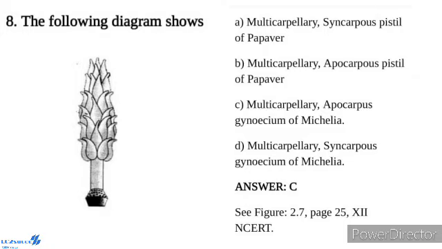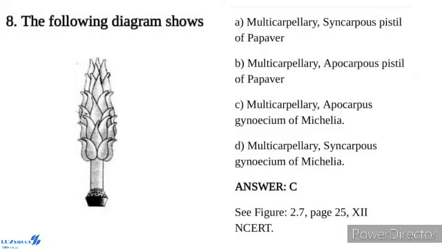Each pistil has three parts: the stigma, style, and ovary. The stigma serves as the landing platform for pollen grains. The style is the elongated slender part beneath the stigma. The basal bulged part of the pistil is the ovary. Inside the ovary is the ovarian cavity, called the locule. The placenta is located inside the ovarian cavity.